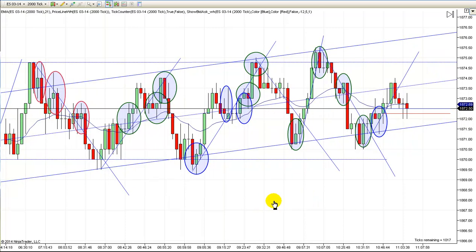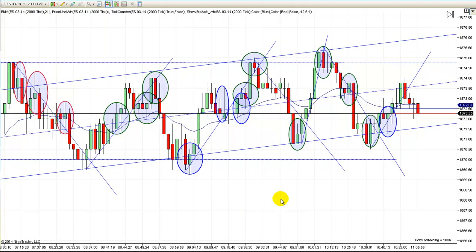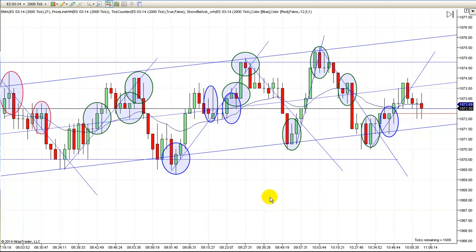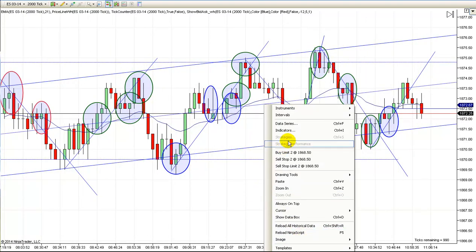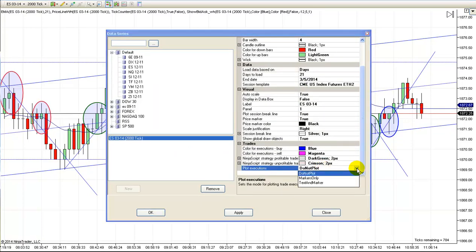I love these days because they're so predictable. And like I said, I'm done a little bit before 10:30. But let me put the two trades on here and show you those. I've already really talked about them, but